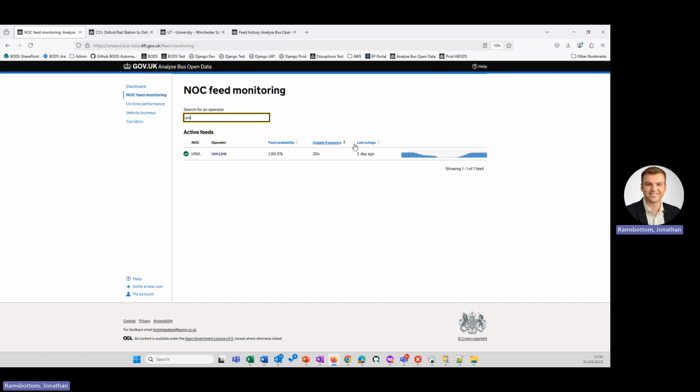So this feed was inactive 1 day ago. If I would have logged in 24 hours ago and looked at this page, I would have seen this feed with a red cross. And here is a graph of the feeds over the last 24 hours. So you can see 24 hours ago, we had a high volume of vehicles active. It dropped off over midnight, as you'd expect, and then picked up again